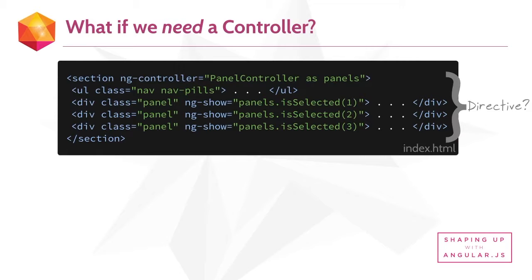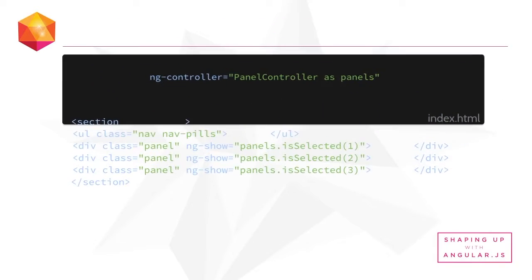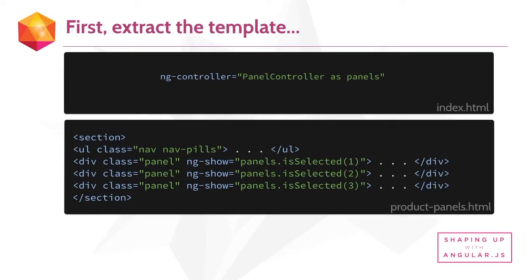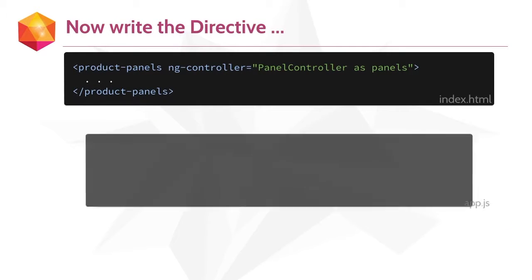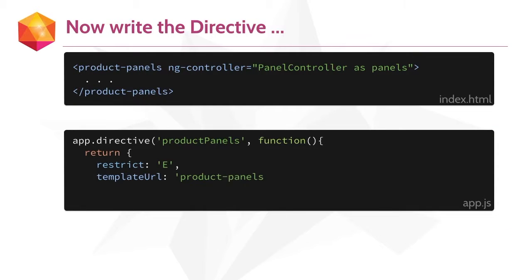First step, as you might imagine, is we're going to take this code and pull it out into the product-panels.html. Inside our index.html, we'll create the product-panels custom directive. Then in our app.js, we'll start defining the custom directive. We'll call it productPanels. Notice the camel case. It's an element directive, so we write restrict E, and the template here is going to